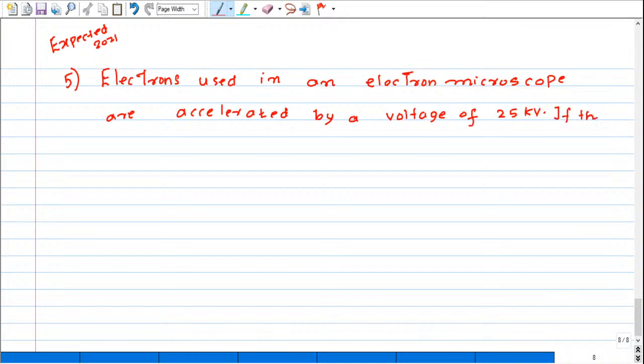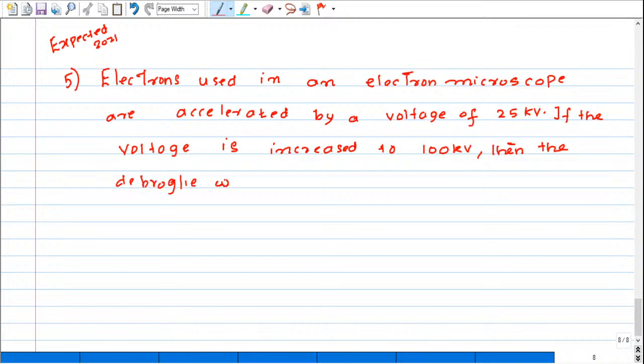If the voltage is increased to 100 kV, then the de Broglie wavelength associated with the electrons would be